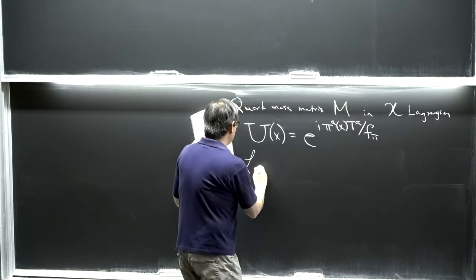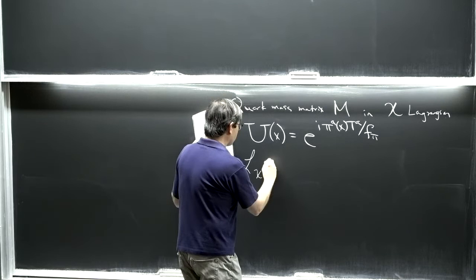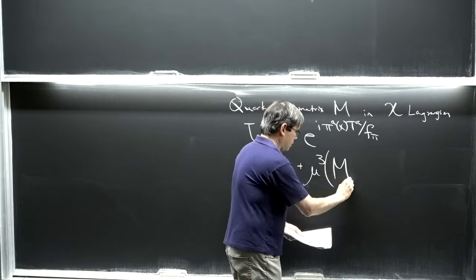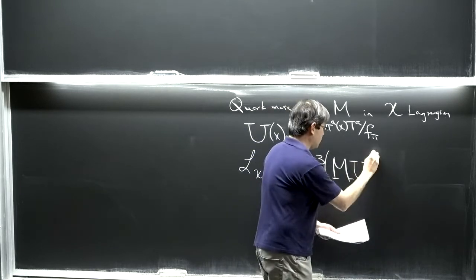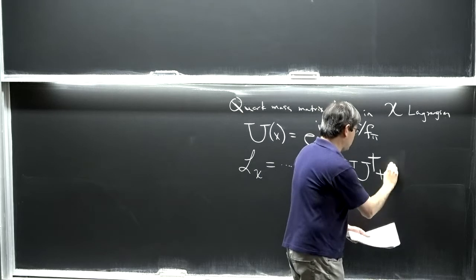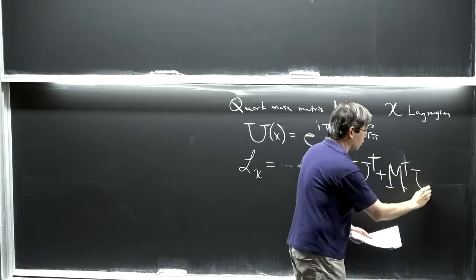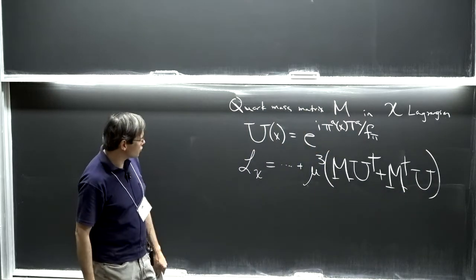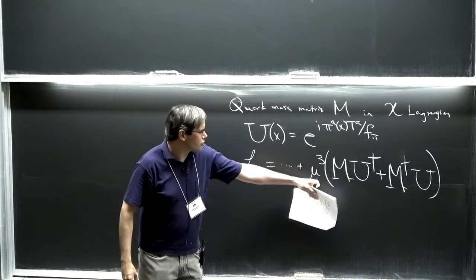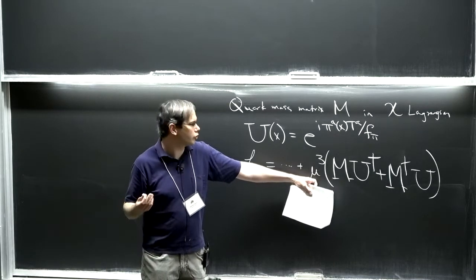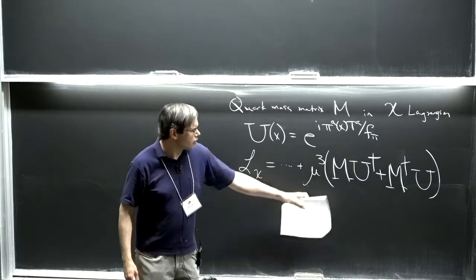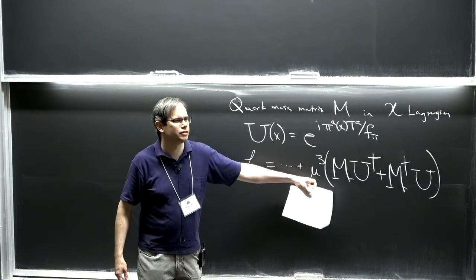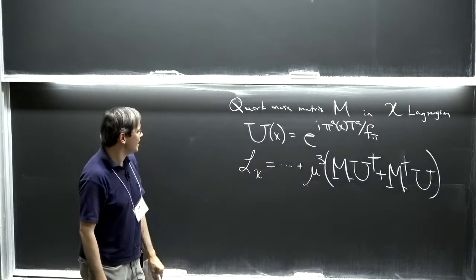And we know that the chiral Lagrangian has terms in it that have the form quark mass matrix times this U dagger plus mass matrix dagger times U. There might be different conventions on which thing we call dagger and which things we don't, but at least in some convention, this is what we do. This mu in front is just some scale that is some measure of the size of chiral symmetry breaking in QCD. Did you see this maybe from a class, or has this not been discussed at TASI? Okay, that's too bad. Then you just have to take my word for it.